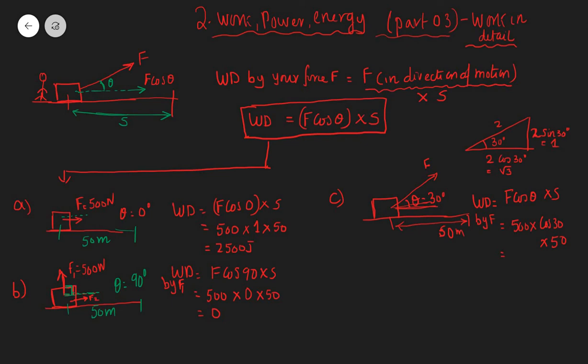So that's cos 30 is root 3 by 2, root 3 by 2 into 50, and that amounts to 1250 root 3 joules. So you can see here that this is significantly smaller than this. The maximum work is done when cos theta takes its maximum value of 1. That's the max it can take. Cos 30 is less than 1, so this quantity is going to be lesser than